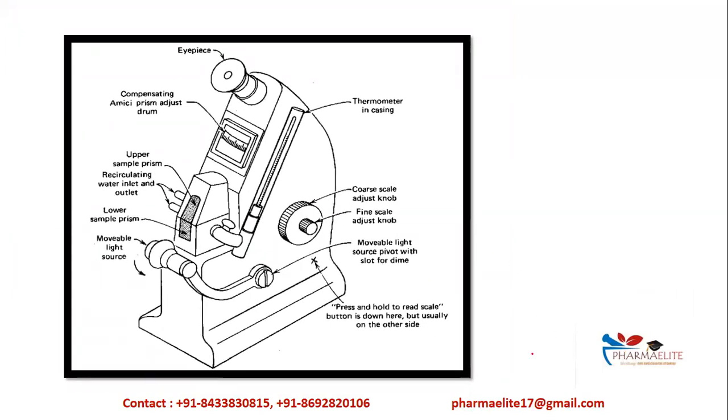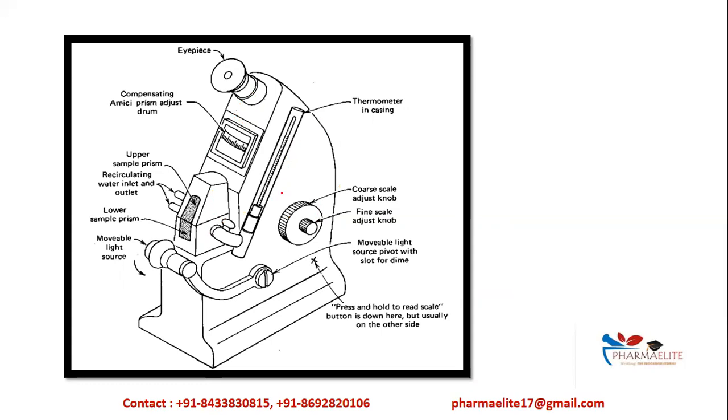Here, for a liquid whose refractive index you are finding out, there are two prisms in the Abbe refractometer. You put a few drops of liquid on your glass slide, adjusting the mirror and both the prisms. Wherever you are putting the sample, you adjust the upper prism and the lower prism also. There is an inlet point where you insert a small drop of your sample. You adjust it with the help of knobs, just as we use microscopes. The refractometer also consists of a telescope here. Through the eyepiece, when the liquid is placed in contact with both the upper and lower prism, it is also equipped with a thermometer.